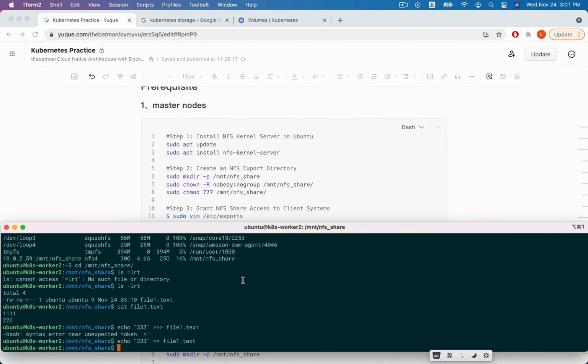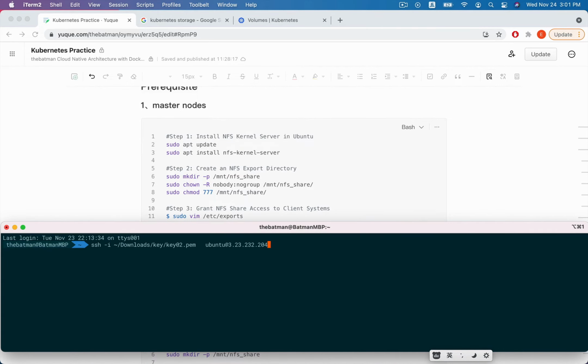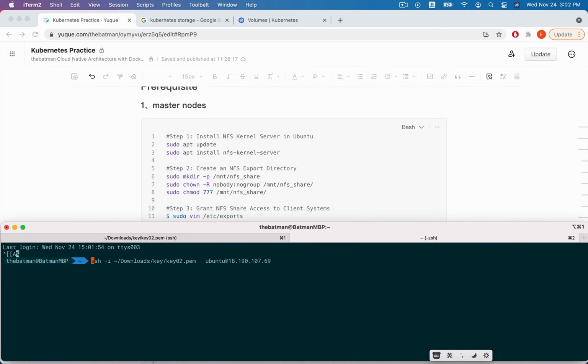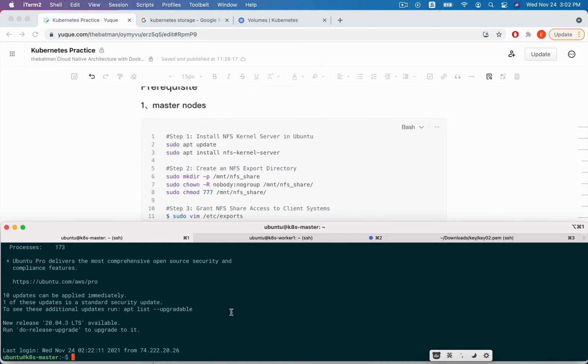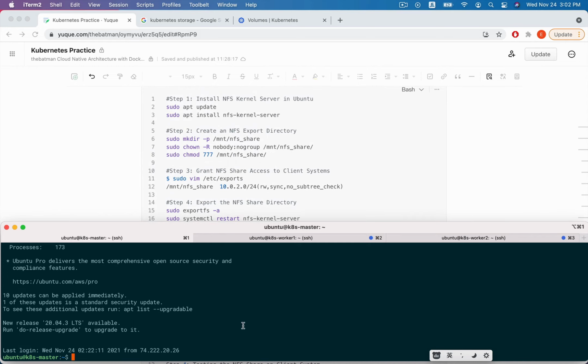Okay, now we have logged into the master server, and we have created a directory to export.